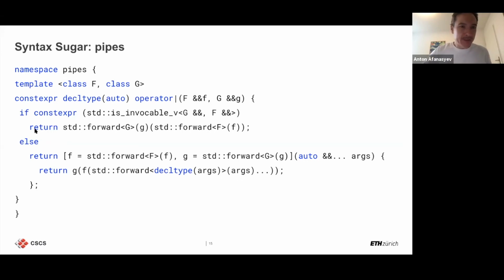And note that the return value in the two branches of this if is different. And in fact, it will be only one return value